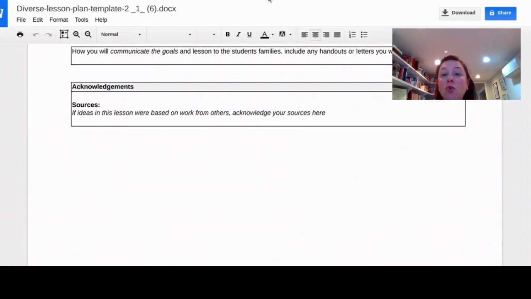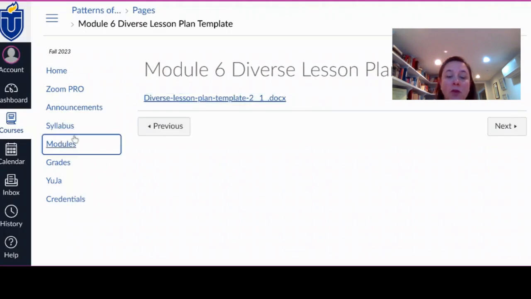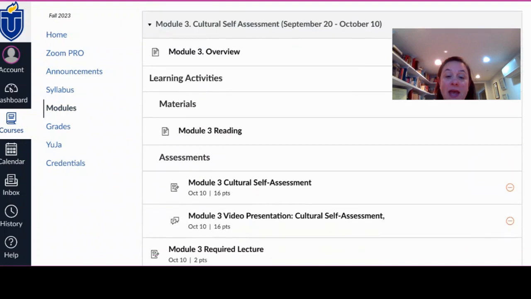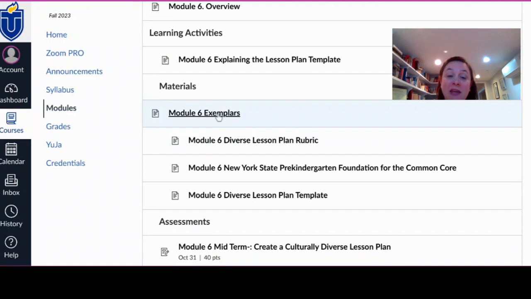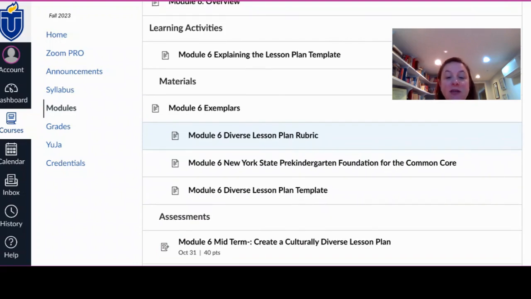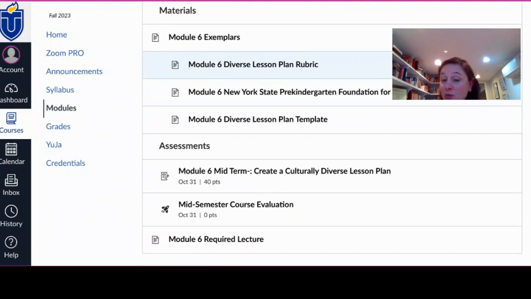Now, if you need more information in the module, I'll take you back to the module. You're going to see that there are exemplars of things that people have done in the class before and that went really well. Here's the Module 6 exemplars. So take a minute, get yourself used to it, see what it is, see how it's laid out, and you can really think about what you want to do in terms of some of the exemplars that have been posted there. That does not mean copying them, but they're a really good frame of reference to get a sense of what it is that I want when it comes to your